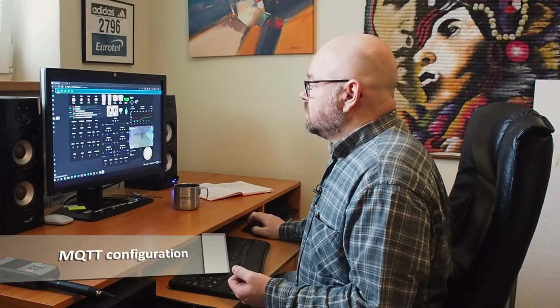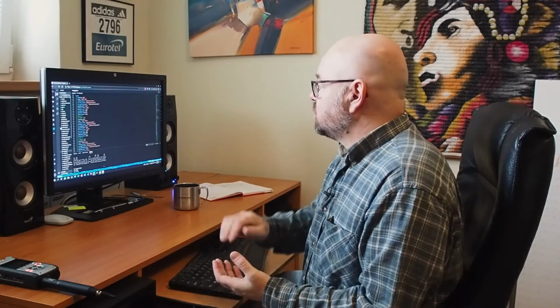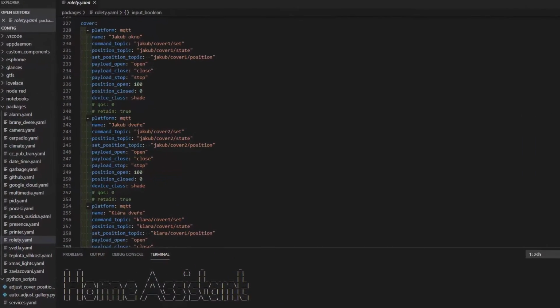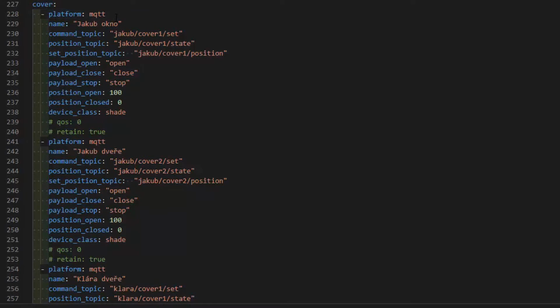So with this out of the way, let's see how I configured the covers to be used in Home Assistant. I use simple MQTT automation. So you have seen the firmware I wrote, it's using MQTT. The way they're configured is I have cover, which is platform MQTT, and for each of those covers